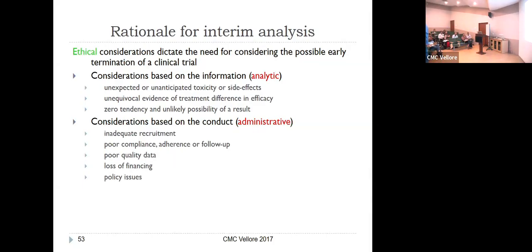You may just not recruit well, so let's not keep investing more money in you. Because you said you needed 200 people, and it's already been a year and a half or 2 years, and you've only got 5 people recruited? Come on, we don't want to give you any more money. And the sponsor will say, okay, bye, we'll take away your money. Or your data is just so bad, they don't want you, or people are not compliant, or people are dropping out, going out and crossing over and doing whatever they want to.